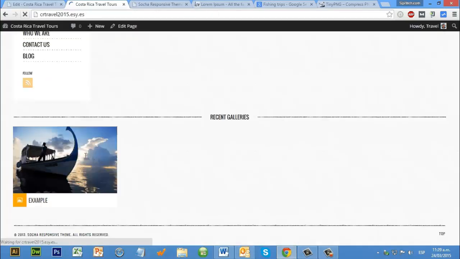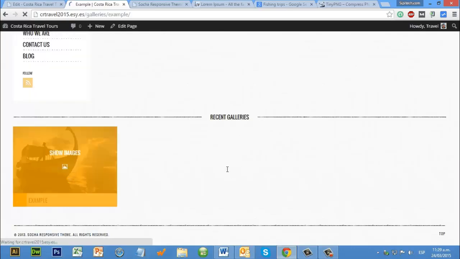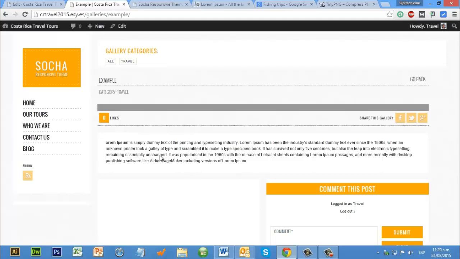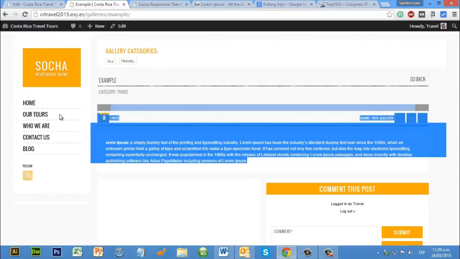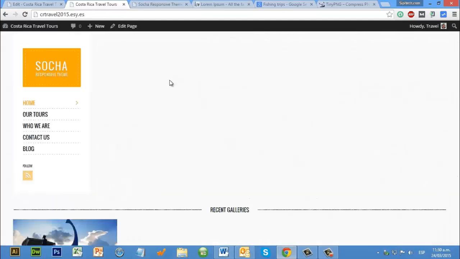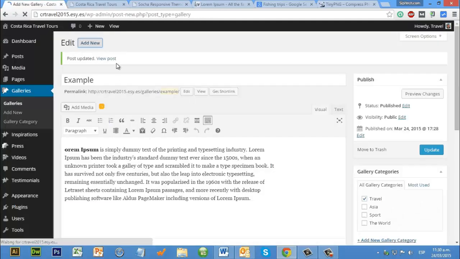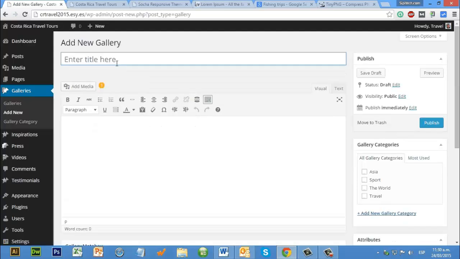Okay, now we refresh. So let's see something. Okay, perfect. So here's the information that we can put for each image. Okay, so now you're learning how to create the gallery. We are going to create 2 more. So now quickly we are going to add a new one. This one will be